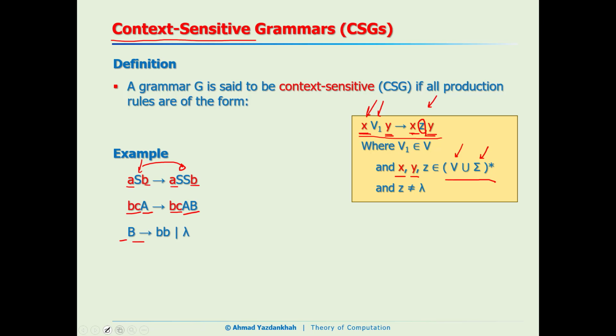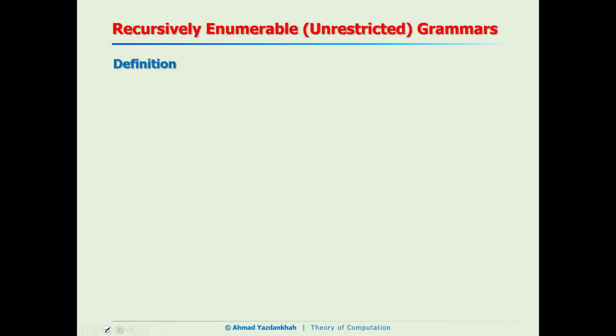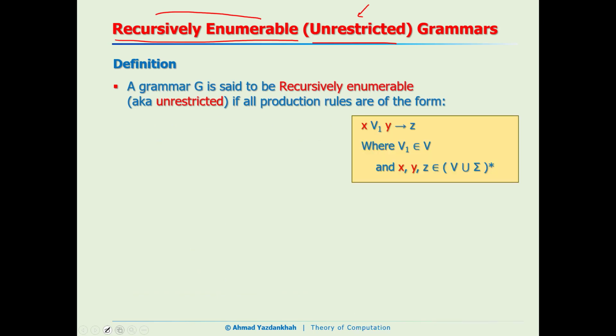That's fine as well. Another grammar type is recursively enumerable grammar, or unrestricted. All right. So let's look at its production rule format. We have X and Y here, and X and Y can be any combination of the variables and alphabets or terminals. But on the right-hand side, we can have anything. What does it mean that on the left-hand side we said X and Y and the V1? It wants to say that we can have anything